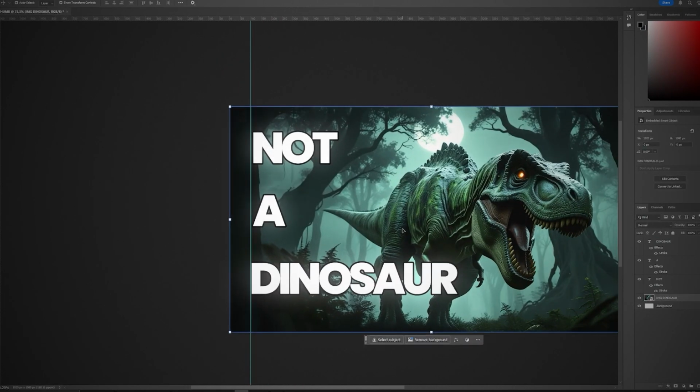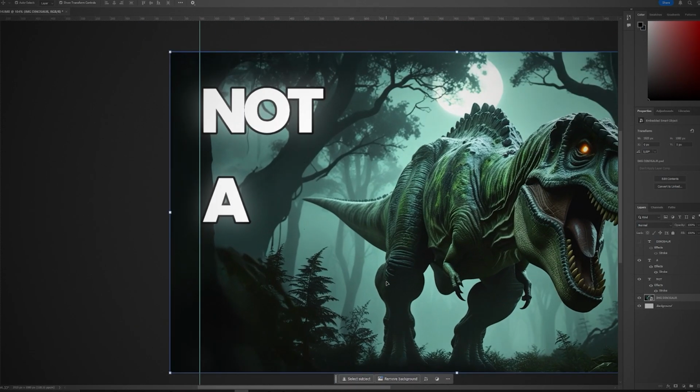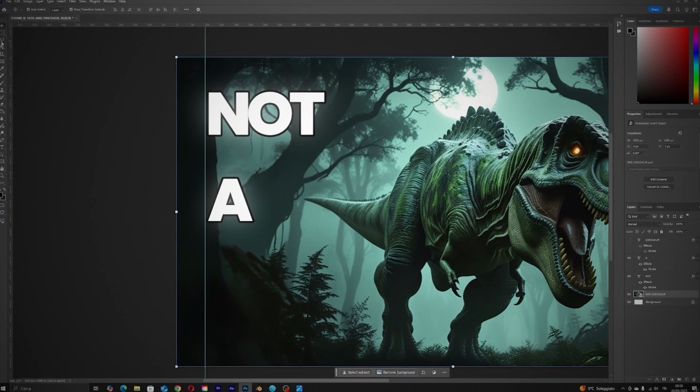For a professional effect, we overlay part of the image on top of the text. Select the polygonal lasso and outline the dinosaur's leg.